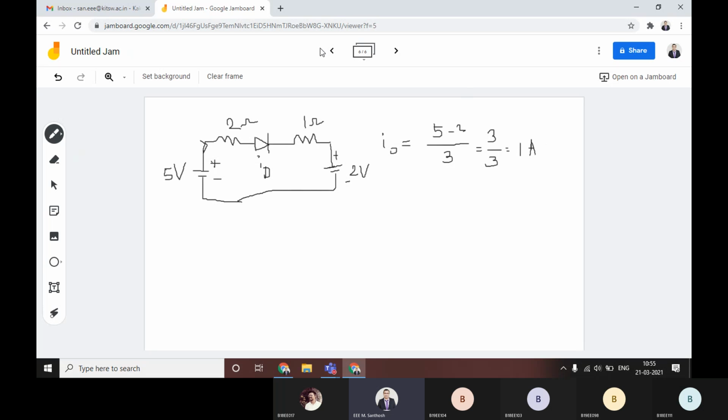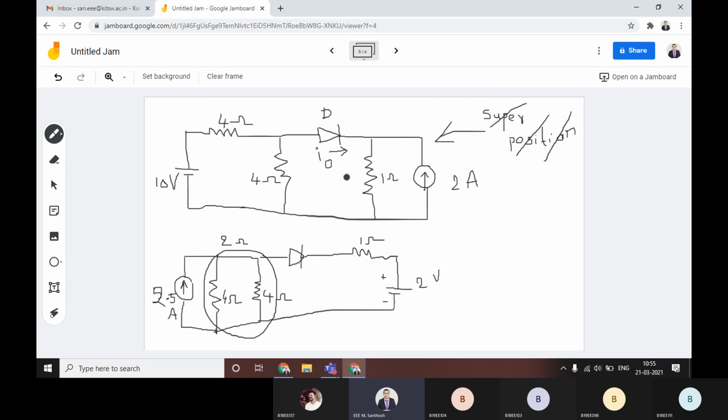Understood? Why I have stressed this here is that whenever you are having non-linear elements and active elements, you can't apply the superposition theorem. Some people have already performed the laboratory experiments. We have two sources, so directly we can apply the superposition theorem, like that, thinking about this kind of circuit. But whenever you are having a non-linear element like a diode, we can't apply the superposition theorem. For that reason, you have to go with the source transformation technique.